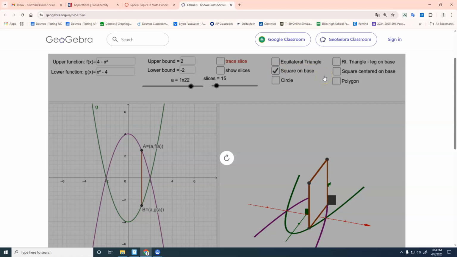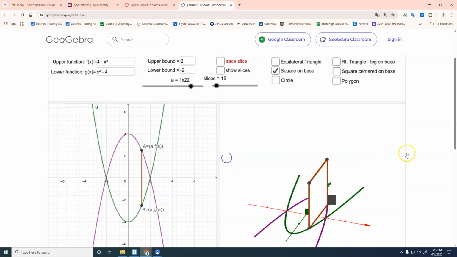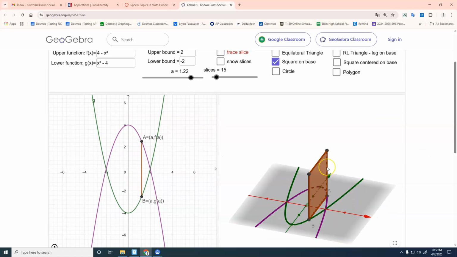as my cross sections. Take, for example, where that orange line is, the distance between the two functions. If I build a square on it, the length of this side right here looks like it's a little longer than 4. If I make a square that has that side length, then it would make a function right here. Maybe I need to click on that. Maybe that's what's doing something weird. Okay, so